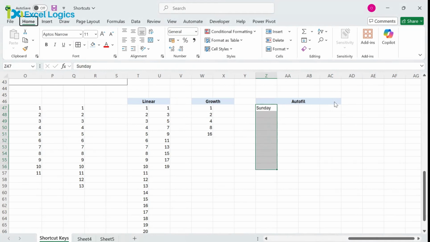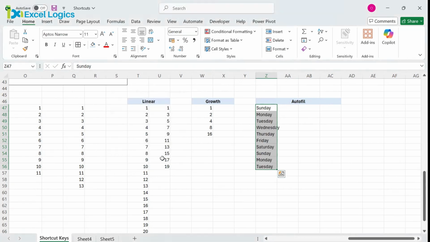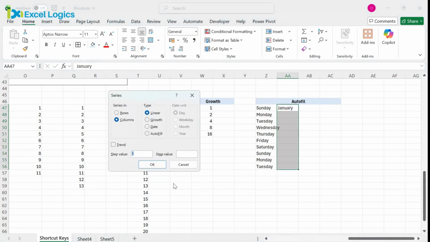So select the range, Alt H F I S, and if I select autofill, it gives Monday, Tuesday, Wednesday. You can go with autofill or you can drag it also. Same way, if I give January, Alt H F I S, autofill,